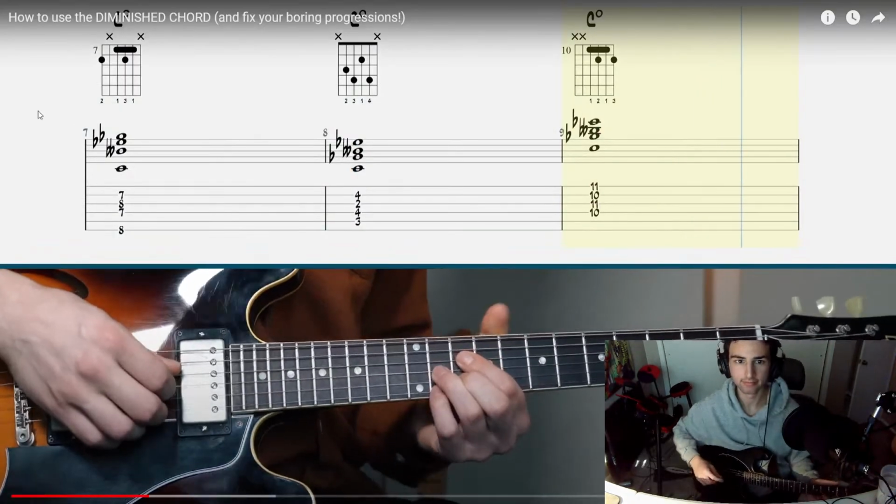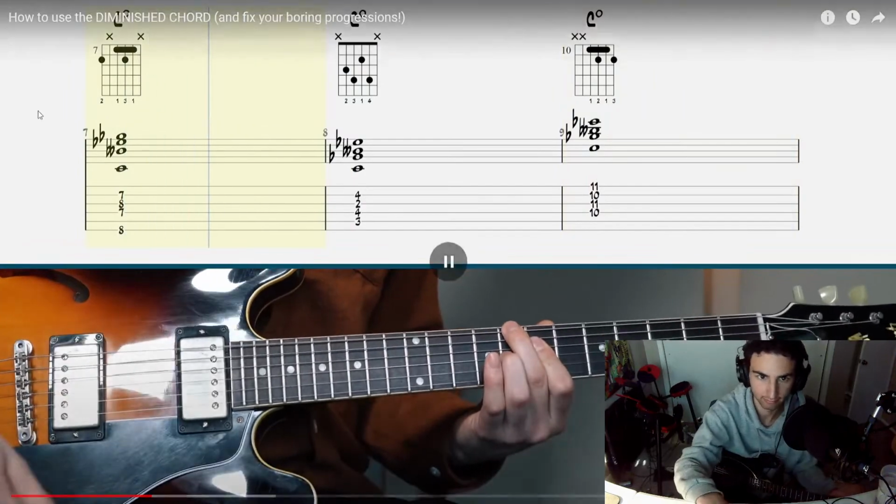So now we have 4 notes, and there's 3 fairly easy ways to play the diminished chord. In 3 ways: the root on the 6th string like this, or the root on the A string like this, C diminished, or the root on the D string like this. So we have 3 shapes: C,